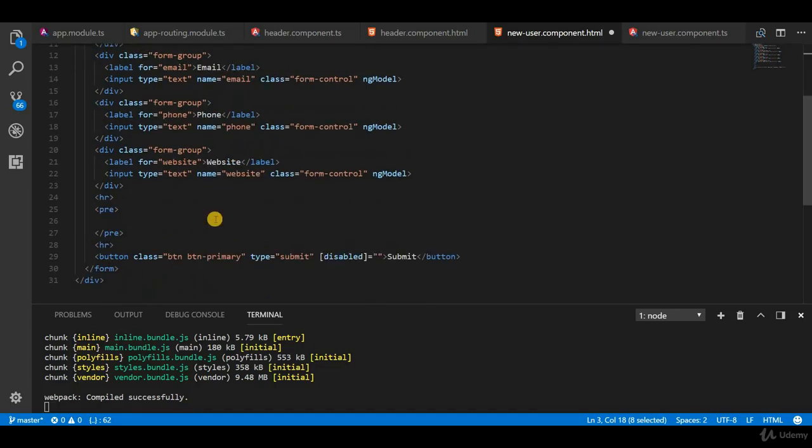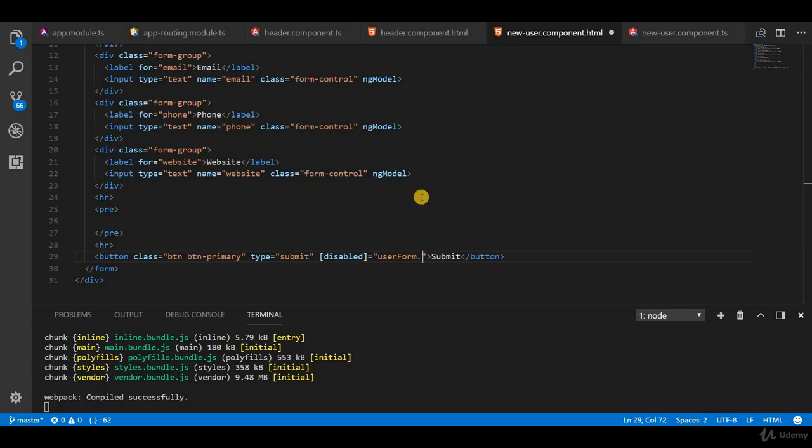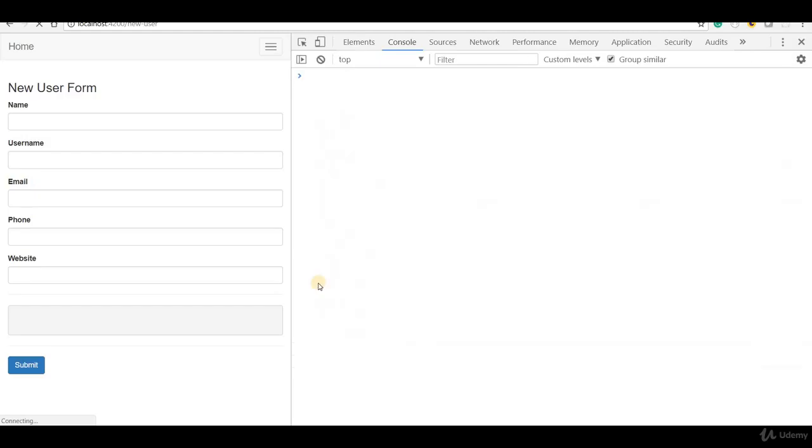So I'll go at the bottom, and on this form object I have something called an invalid field right here. So I'll just copy this one and paste it here. Now this should be disabled when the form is invalid. So if I save this and go back,